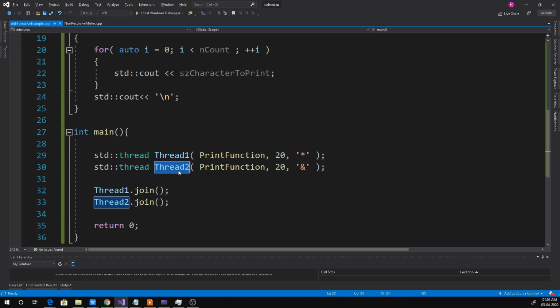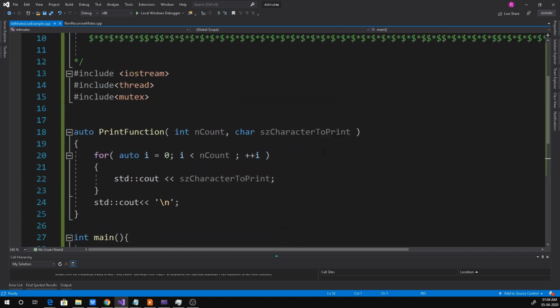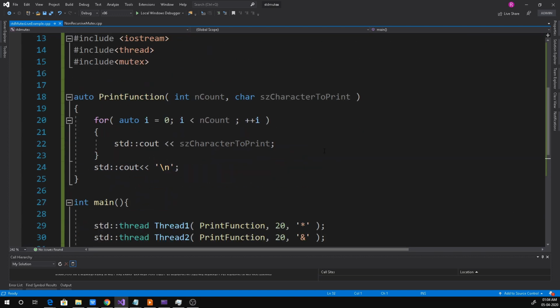After the threads are created, we have to join both the threads in the main thread. This is to ensure that the main thread returns only after both thread 1 and thread 2 have completed their operation. Now let's compile and run the application and check how the output is.